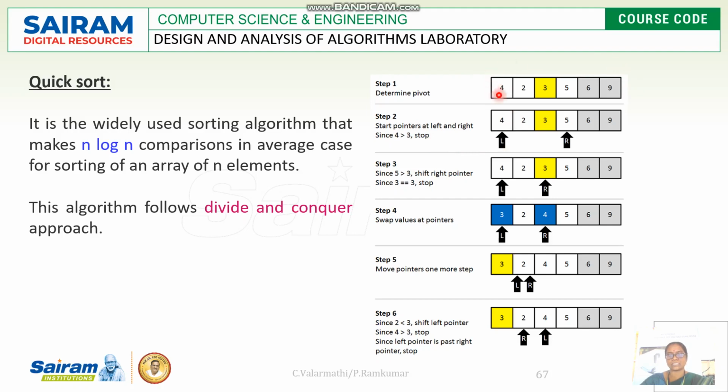Here the elements are 4, 2, 3, 5, 6, 7. The pivot is 3. Now the left pointer is 4 and the right is 5. The left and right values will be compared. If required, the values will be swapped, or else it will go on to the next left and right pointer. Likewise, it will continue for the n number of values. So this is the quicksort algorithm. Based on the pivot value, it will divide the entire set into two parts. The first part and second part will be handled by the respective left and right pointers.